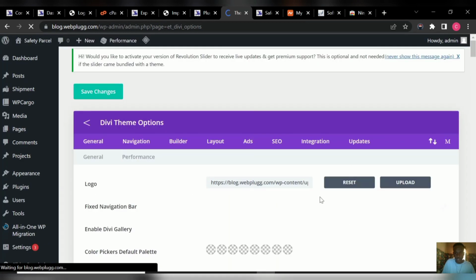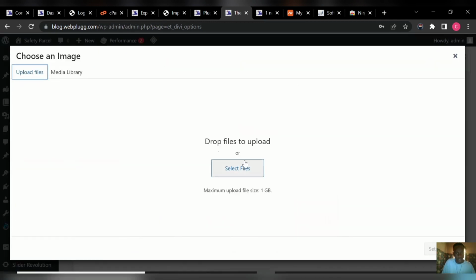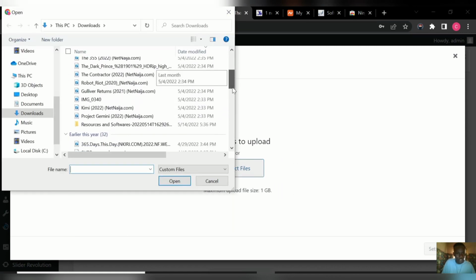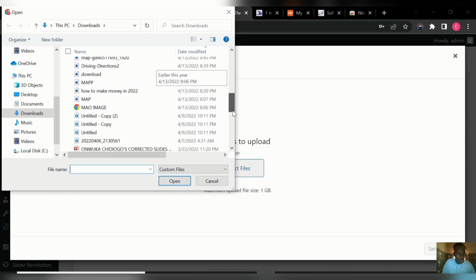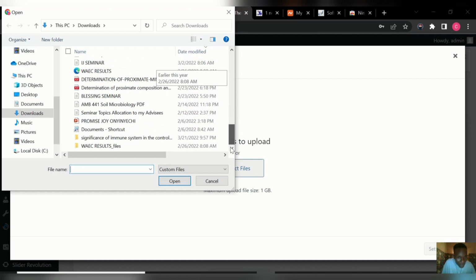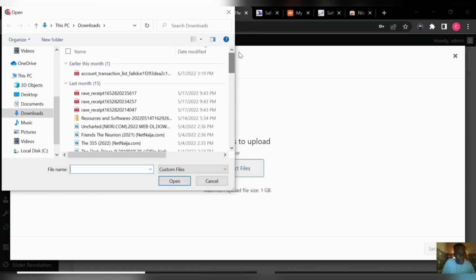You are going to go to theme options. Then you are going to click on upload files. Then you are going to select files. To make money online, it is not difficult. So for you to do this, you just have to be smart enough. You see how within few minutes we have exported that other site and then we have imported it